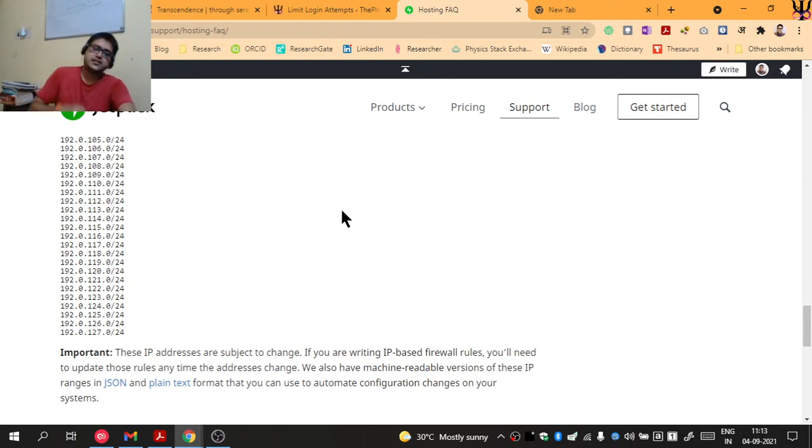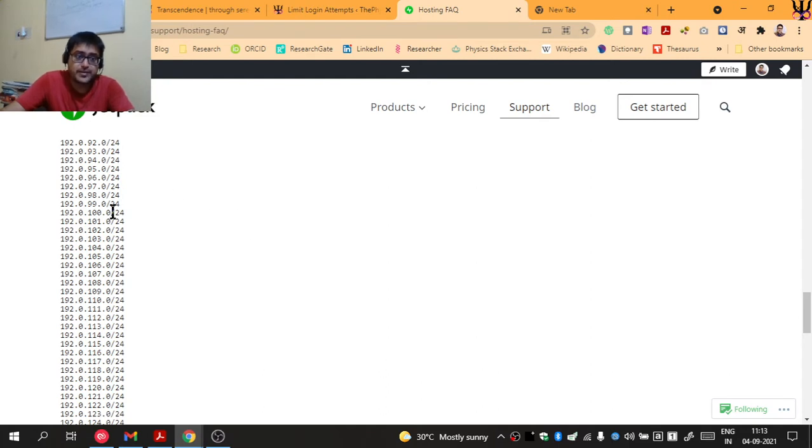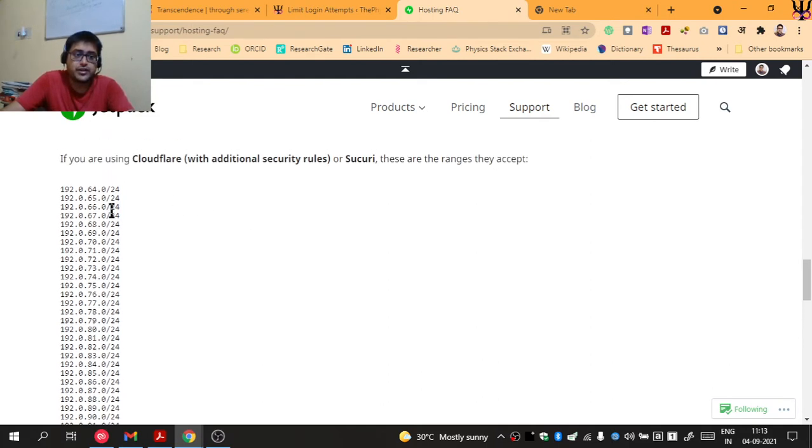In case it ever changes and you get any problem, you can just add the new IP addresses using the same method that I'm going to demonstrate here. Alright, so first of all, make sure that you have this page with you, with all the IP addresses that Jetpack is going to use. Second, you can block XML-RPC for all IP addresses except these, by using a code snippet in your